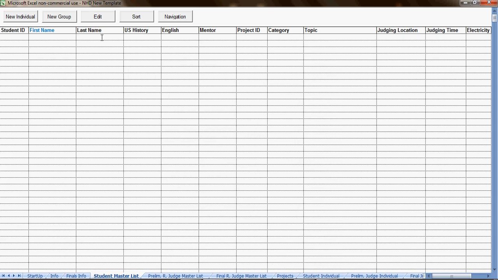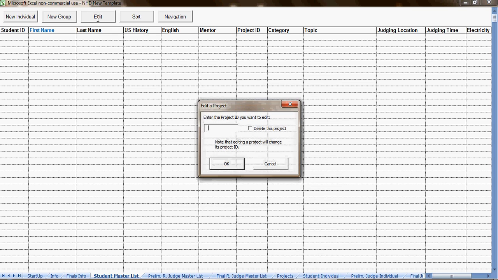To edit any group or individual, we use this edit button. And in this field, we enter the project ID, and that is this column right here. And once that is entered, the dialog box for either group or individual will appear preloaded with the information that was entered previously. You will be able to edit this, and then hit the OK button, and the sheet will